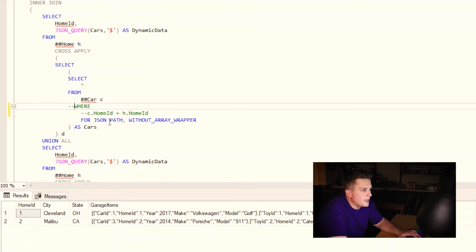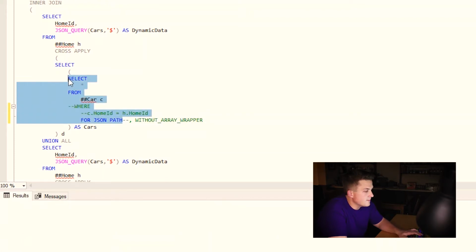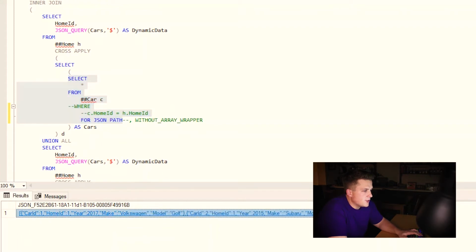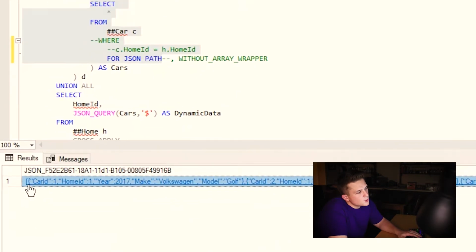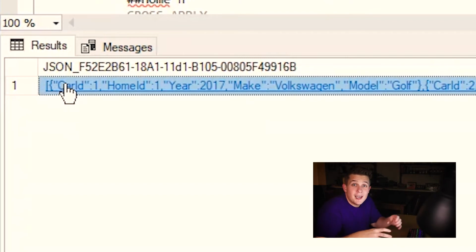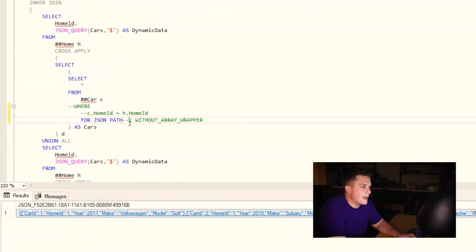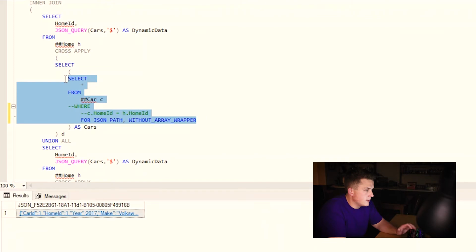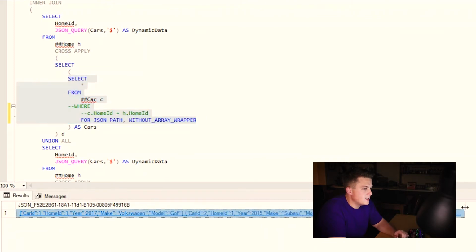And if we go ahead and get rid of the without array wrapper, and we just do FOR JSON PATH on this select car, you'll see that the string that gets returned here has these square brackets on the end. And since we're going to be combining multiple objects into a single array, we don't want those square brackets. So what you have to do is specify this WITHOUT_ARRAY_WRAPPER option on FOR JSON PATH. And when you run that, there we go, same JSON string created, but there are no square